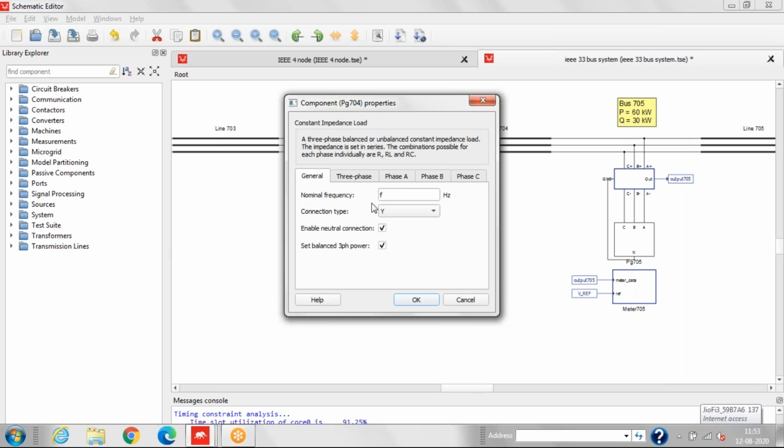Here the nominal frequency F is data defined in the model initialization. Connection type is star, the neutral connection is enabled, and it is set as a balanced 3-phase load. The nominal 3-phase line voltage is taken as 12.66, and the load parameters are defined in the model initialization.